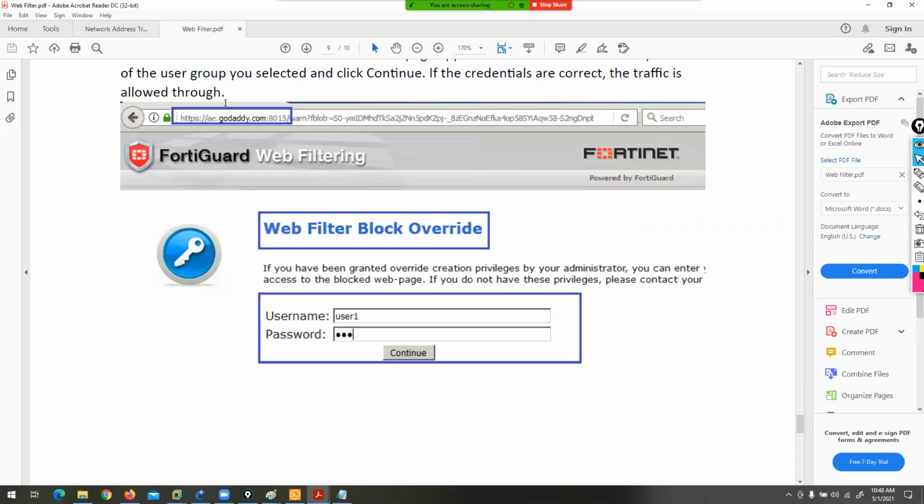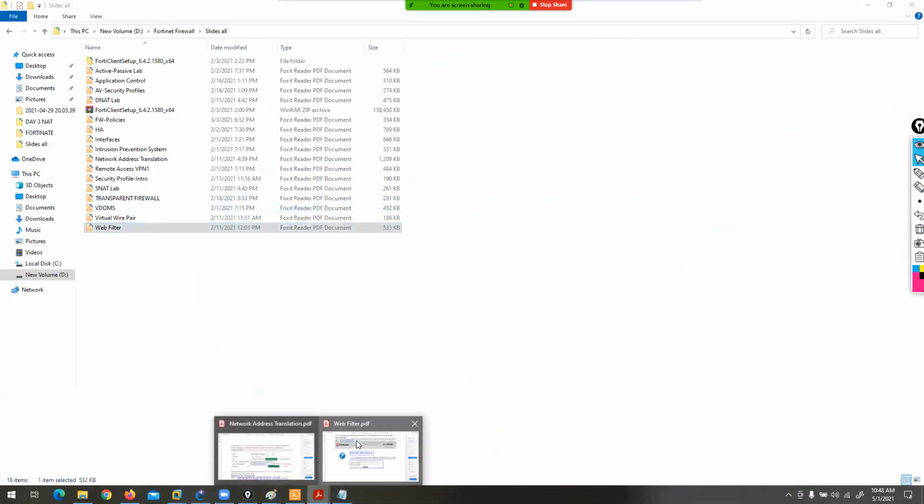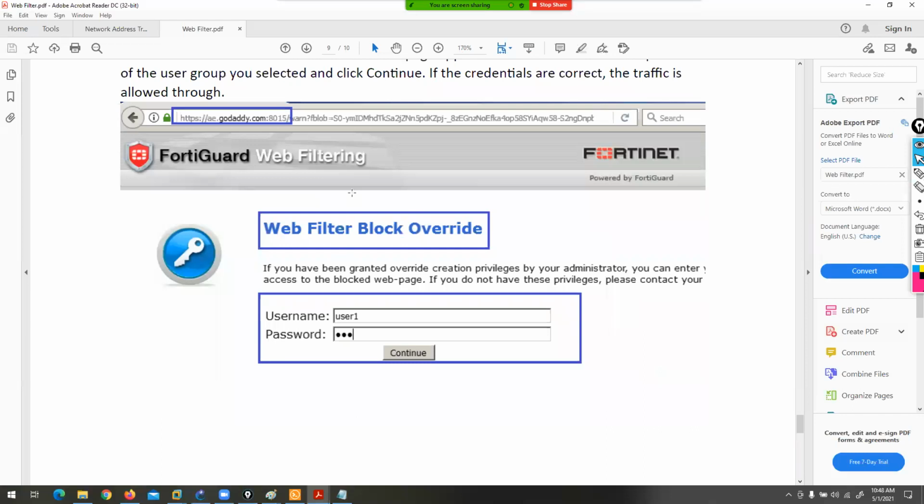If a user is trying to access GoDaddy.com or Facebook.com as per your policy, and you allowed a specific group of users, they need to provide a username and password. Then they can click on continue and access. Without username and password, they cannot access. So this is the option for web filtering. I hope it's clear for you guys.